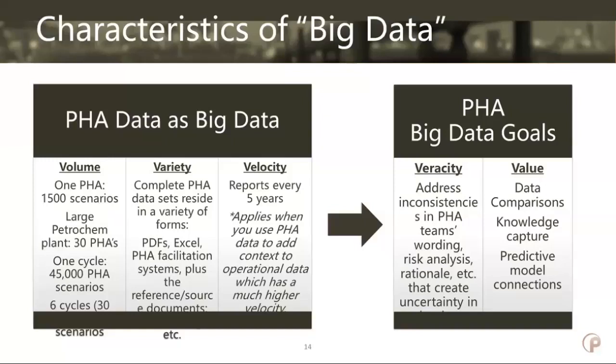You have to have an incredibly exhaustive big data schema in order to understand how all those operational parameters impacted those failures. So the velocity of PHA information isn't there, but a lot of the consequences that you're identifying, you should be able to start to relate the huge amount of velocity of data to specific consequences that you have in your PHA. So then what that does is you're able to use that PHA data to prove out the accuracy of